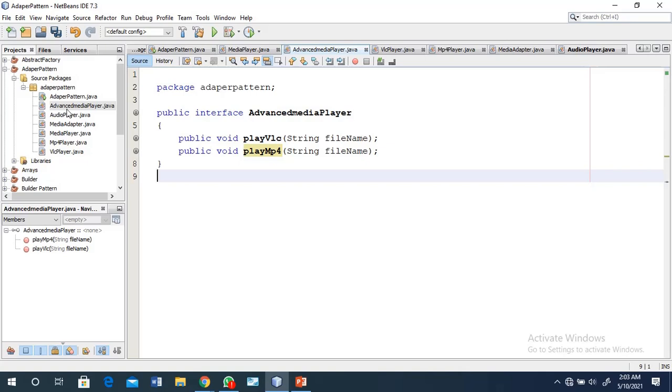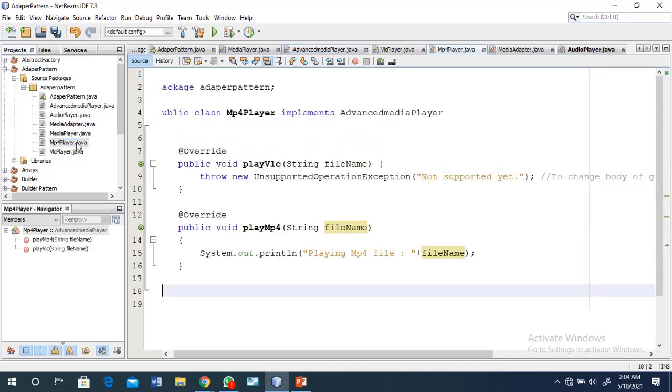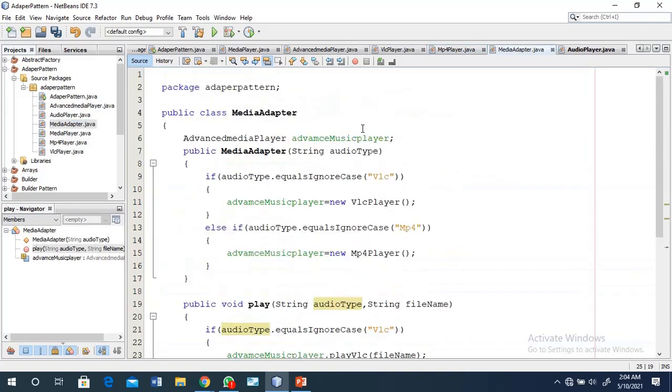Okay, in MP4 there is also a media adapter. In that media adapter, we are not implementing media player.